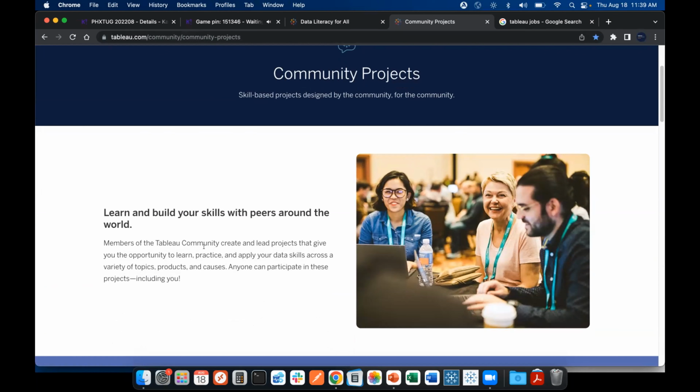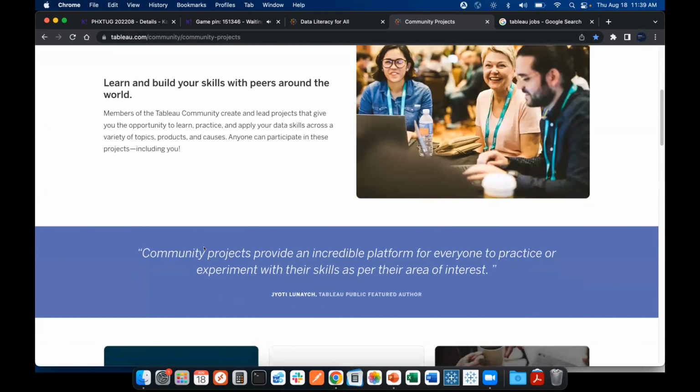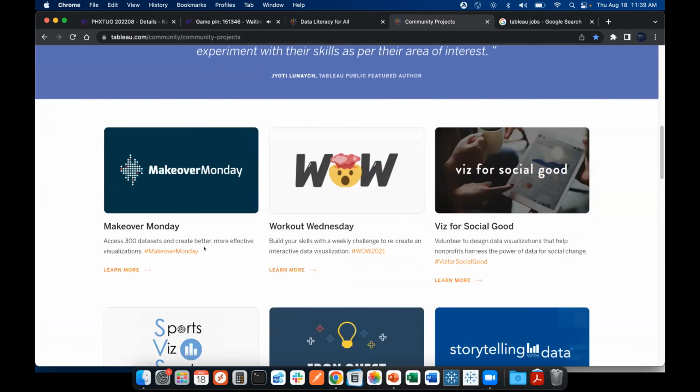We'll do it again here in just a moment. This is a collection of different projects throughout the Tableau community that are spearheaded by people like you and me that help promote different aspects of what you can do in Tableau, or through sustainability or different industries, or social means, if you will.